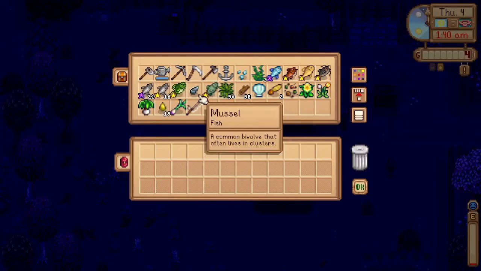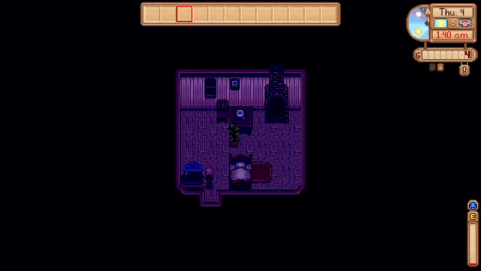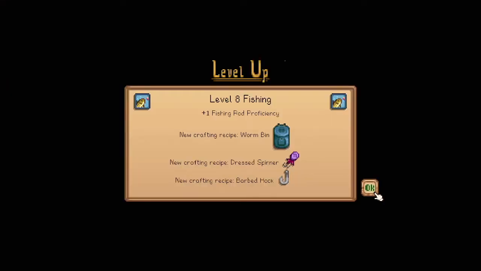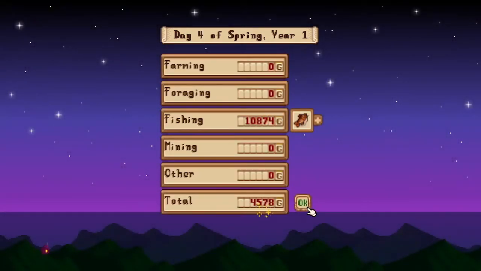Anyway, that's pretty much it. I empty all my inventory sometimes just so in the morning I can rethink what I'm going to do. But I ended up getting level 8 fishing, so this is definitely the earliest I've been that high in fishing. And then I sold over $10,000 worth of stuff, so I'm in a really good spot